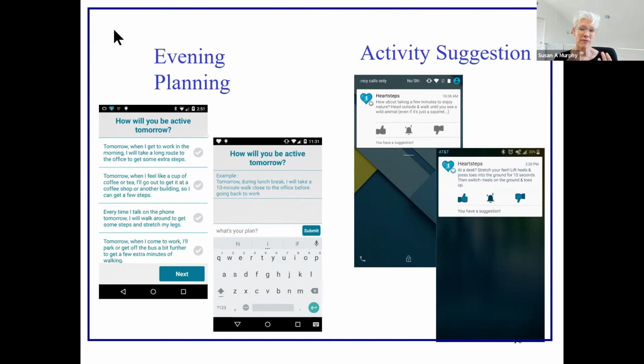The problem is if we send you a reminder too many times, you won't see it anymore. So normally what happens is you have multiple what we call intervention components. Like on this screen, there are 2 intervention components: the planning the night before and the activity suggestions. So in that setting, there'll be multiple ways that we try to help you remember.